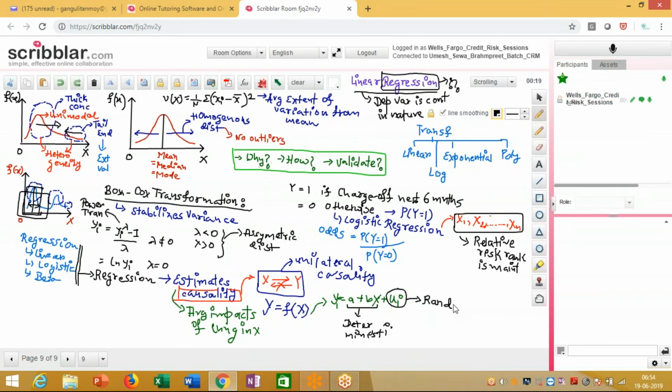Let's say I'm trying to estimate the LGD, or my objective is to estimate the recovery, right? Now, to estimate the recovery, one of the important facts would be,